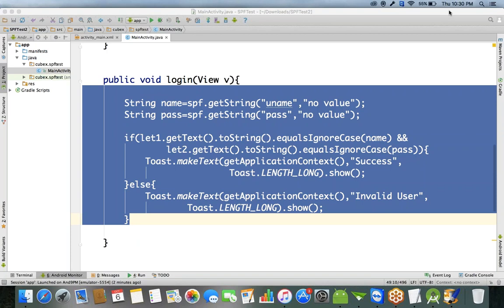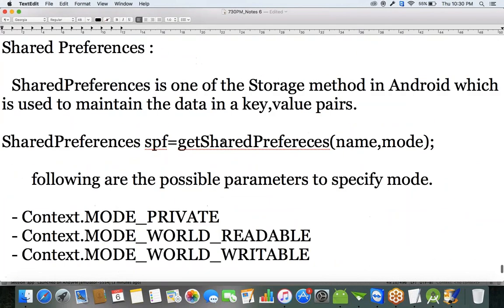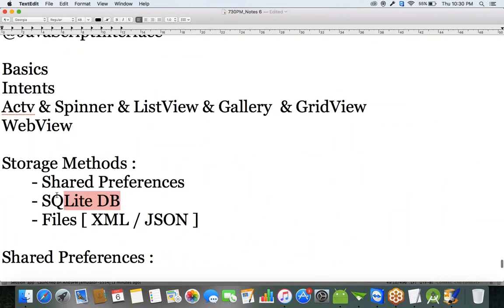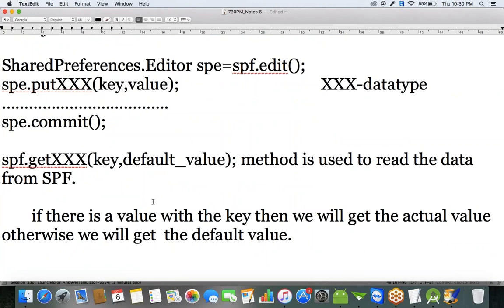We'll discuss that in tomorrow's class. I'll explain what the drawbacks of shared preferences are, and why we had to choose the second one, the next database, the SQLite database. In that, I'll explain where Android prefers to use shared preferences and where it prefers to use the SQLite database. So tomorrow you'll get an idea in which cases you will get